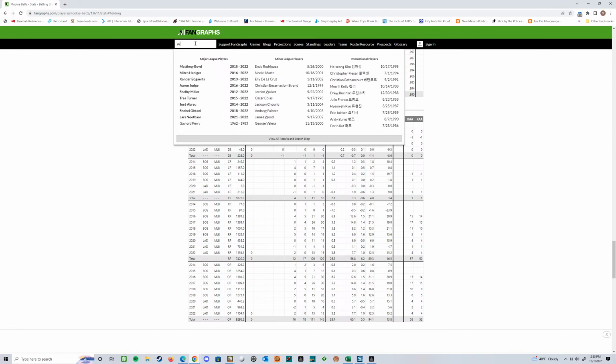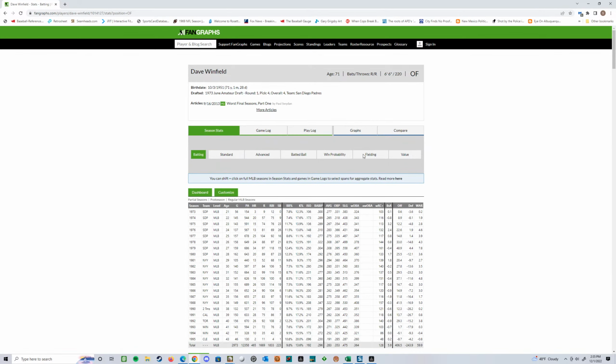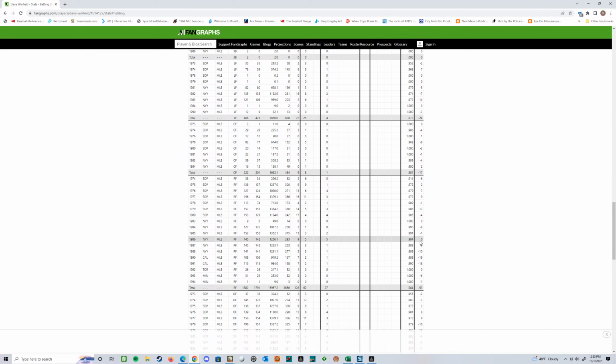Now let's look at Dave Winfield here. Maybe he's better than I think. I'm just trying to go from memory here. Total zone on Winfield. So let's look at him here. And you'll see there, he's got some range here, but not a lot going on. I mean, this is not impressive at all. Early in his first few years, he's got some mobility out there, but this guy wasn't hoofing balls down left and right. He had a name, he had a lot of home runs, and he had a strong arm. He got a big boost because of that.